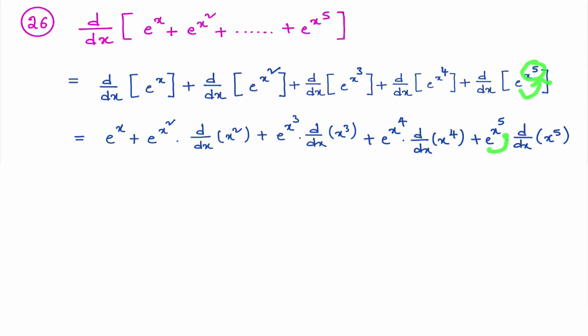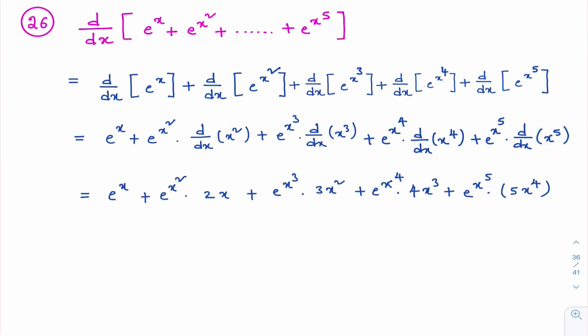Derivative of e power x is e power x, into which one you imagined as x, you need to differentiate it, d by dx of x power 5. Further, if I simplify this, e power x I write as it is, e power x square I write as it is. Now look here,